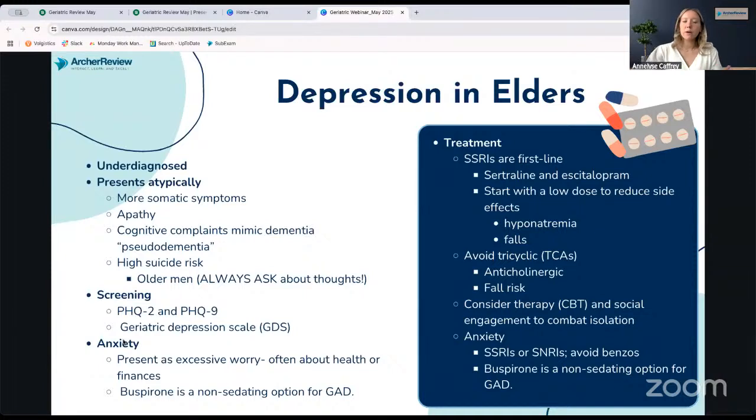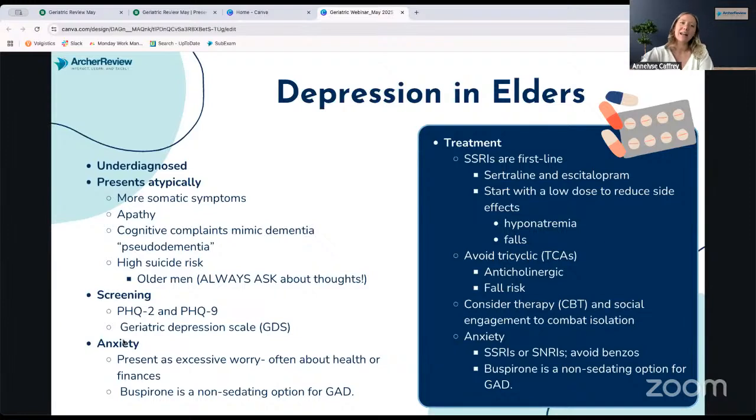screening. We screen with the PHQ-2 first, that just asks 2 questions really quick. And then if either of those they answer yes to, that's when you move on to the PHQ-9, which is a full depression screening. There's also the Geriatric Depression Scale, the GDS. I really like that one. Its questions are a little bit more specific to a geriatric population because, like I said earlier, they present atypically. So that'd be my preference, but a lot of clinics screen everyone regardless of age with a PHQ-2, and I appreciate that they're putting effort into not missing this population.